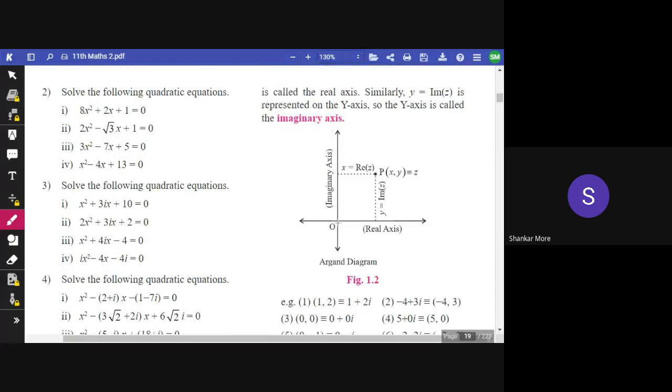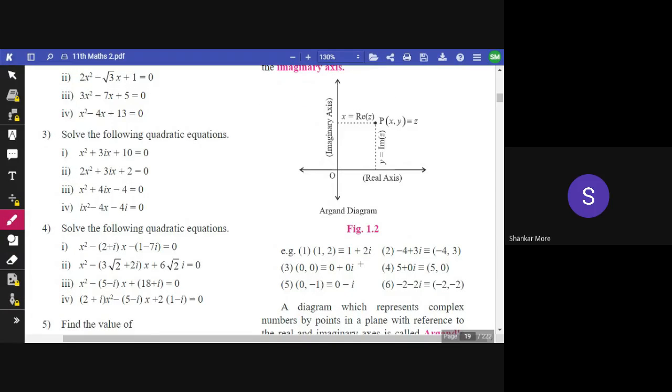Okay, yeah. See, so this is the complex plane I was talking about. In it, this is the x-axis which acts as the real axis, and this is the y-axis which is the imaginary axis. So if we have been given one complex number, that is x plus iy, we'll find the location of x and we'll find the location of y. We'll mark one point there, and that point is going to represent our complex number. So this representation is called Argand's diagram or complex plane.